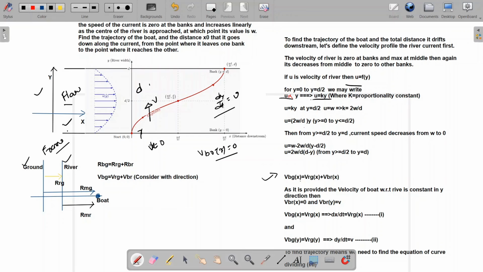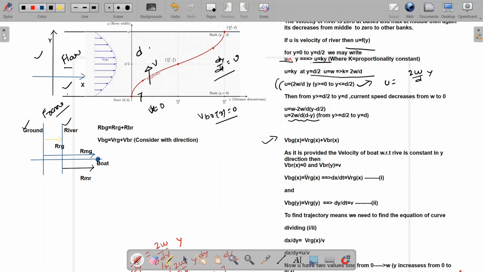At the middle of the river, when y = d/2, u becomes the maximum speed, w. This lets us calculate k as 2w/d. So, from the bank to the middle, the river velocity is u = (2w/d) y. And from the middle to the far bank, as the current decreases again, u = (2w/d)(d - y). So the horizontal velocity of the boat depends on which half of the river it's in,